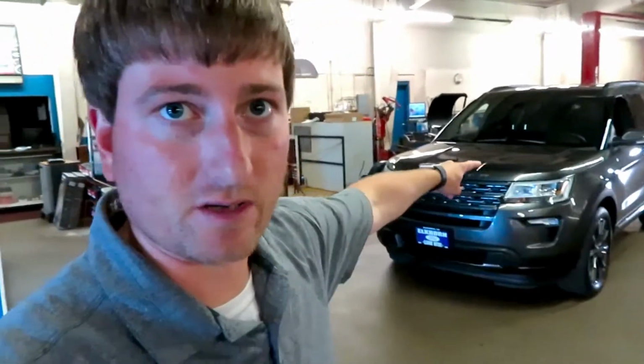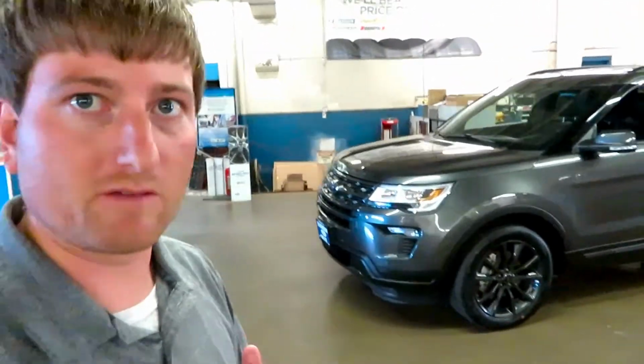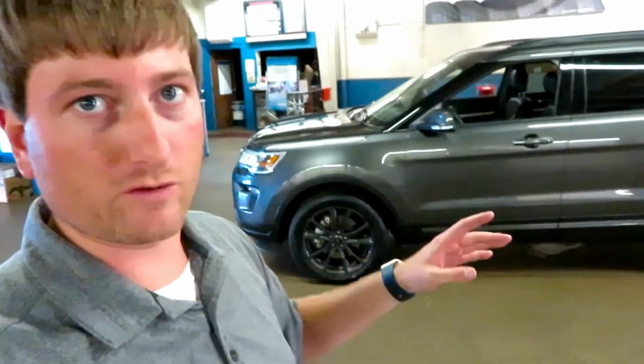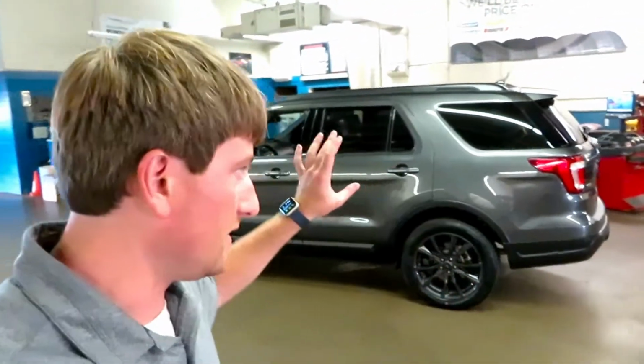So as you can see behind me here, I do have an 18 XLT, and if you look at it, some people are going to be kind of confused and say, well, it has the blackout. It's not a Sport, which is where some people get confused. Now, in 2018, there's the XLT Sport Appearance Package, which is also on the 18 Escape. So instead of paying all that big money for the Sport, this basically gives you the blackout wheels, blackout grille,